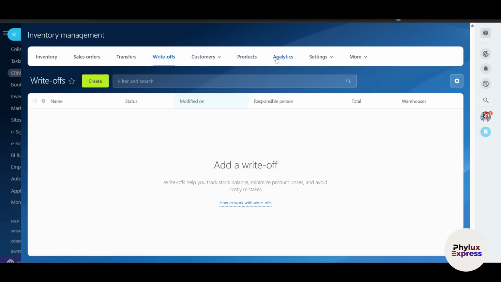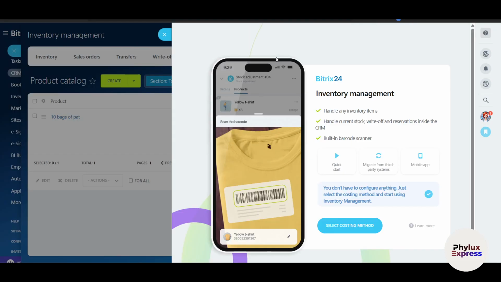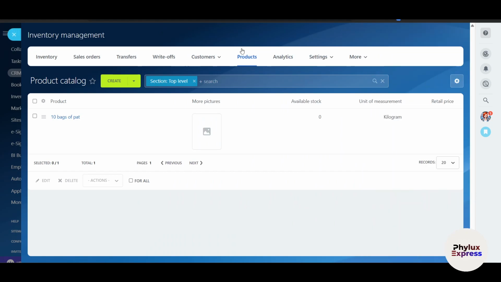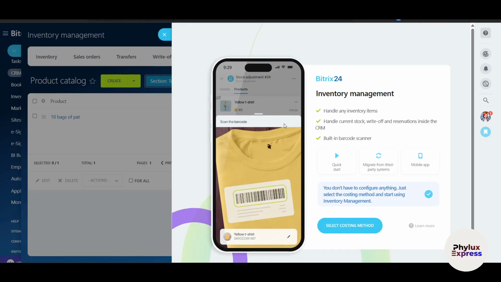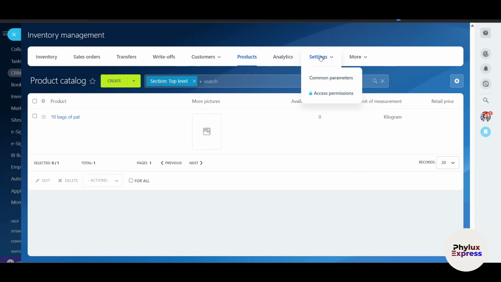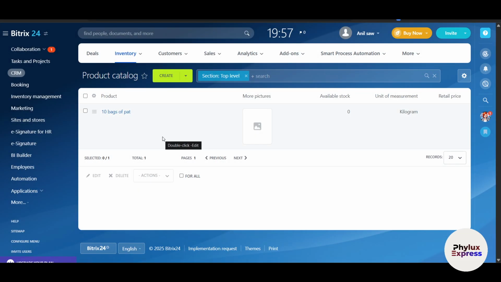This is a product section. You can analyze how many products you have sold and what is happening, but actually this is paid, so you have to buy a premium version for it. Settings, access permissions, you can add your team here, right, and give them a specific access, right? So there's a lot of information, and basically it's a combination of different software,